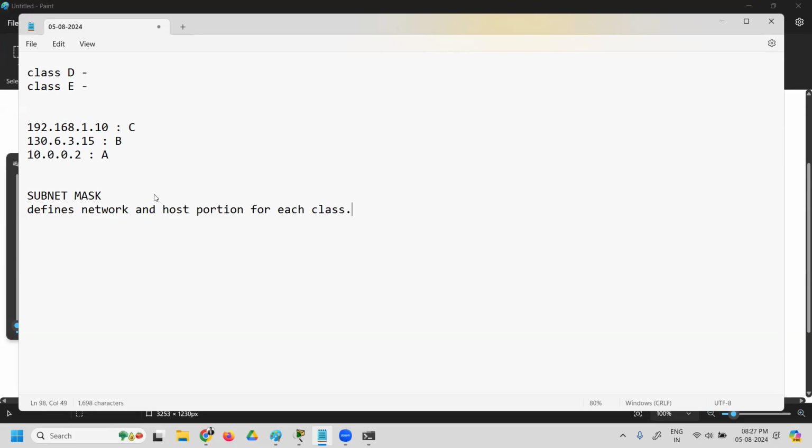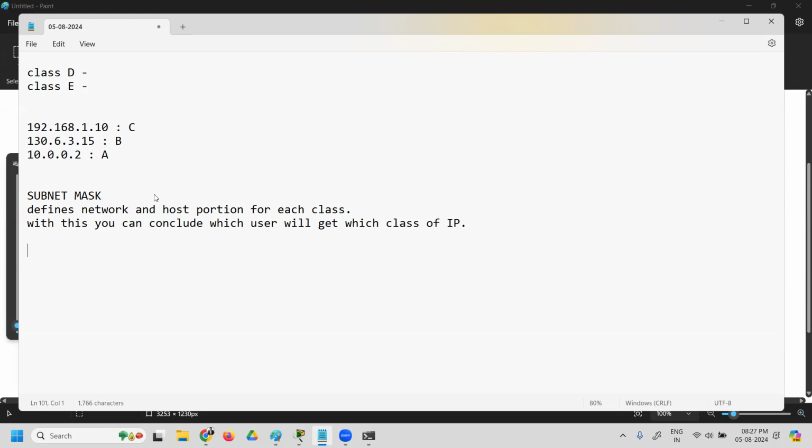So with this, you can conclude which user will get which class of IP. This subnet mask will help in assigning the IP address to different types of users.